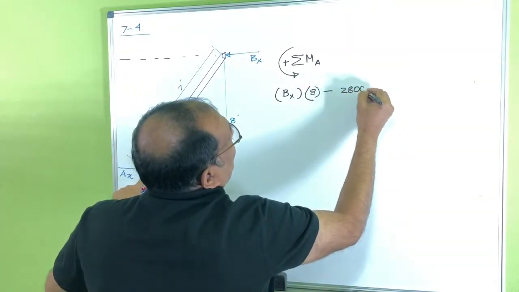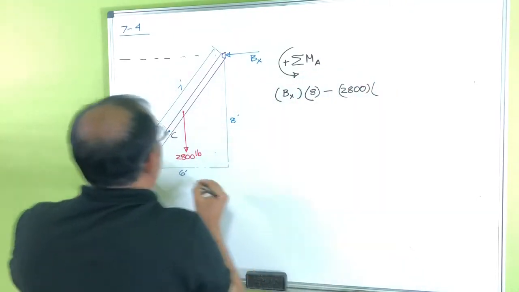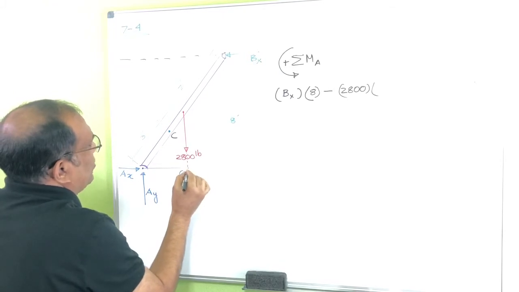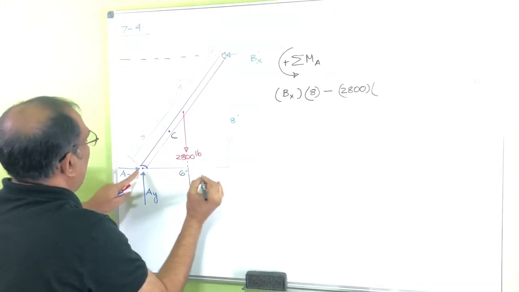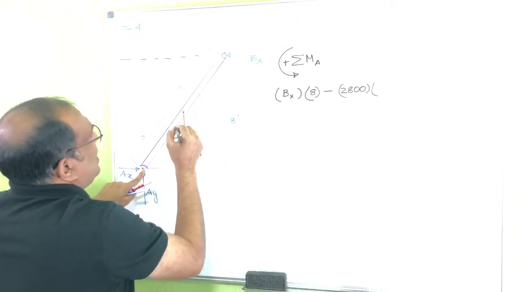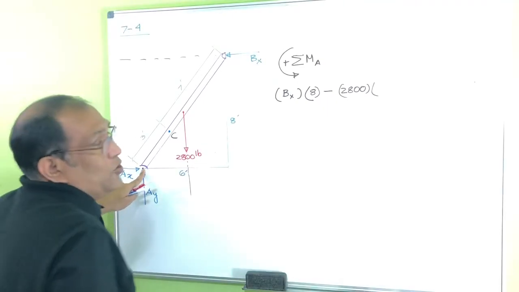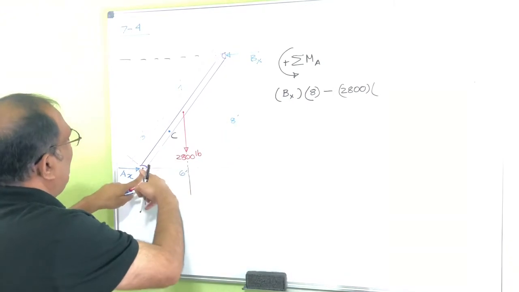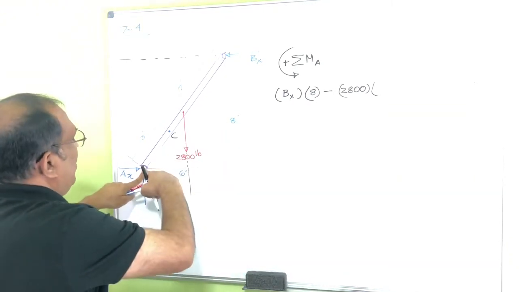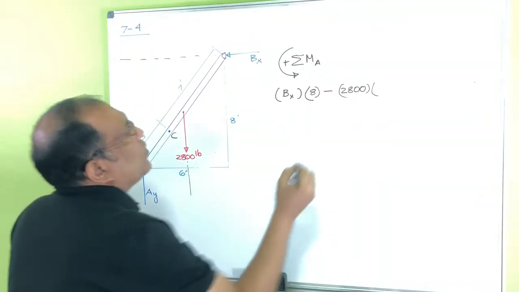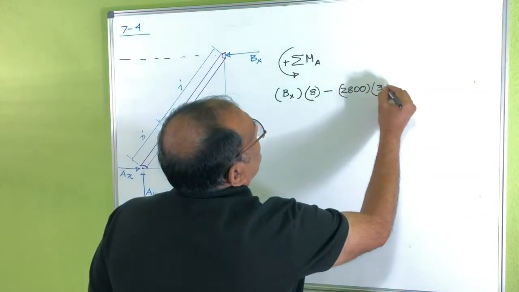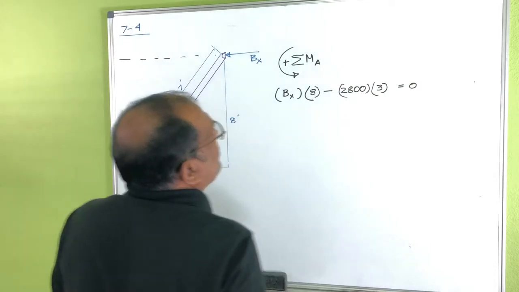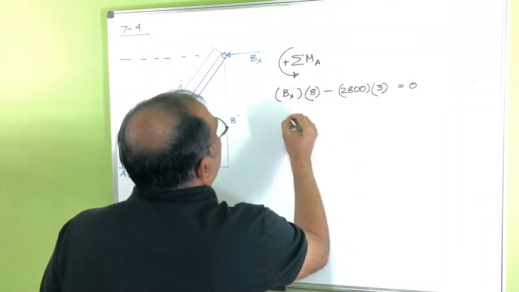2800 multiplied by the distance from here to here, the line of action of this one, right, from here to here. So this one is at the middle. The centroid for a rod is just at the middle point here. So from here to here is 6. So from here to here that would be 3 feet. So if I solve for Bx,